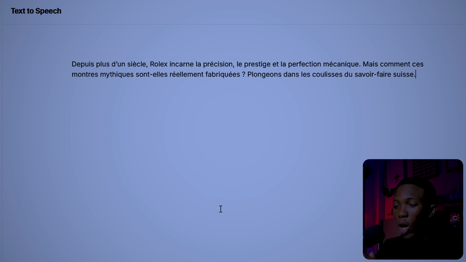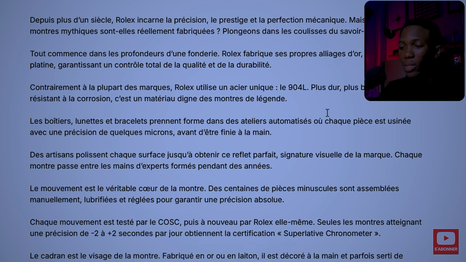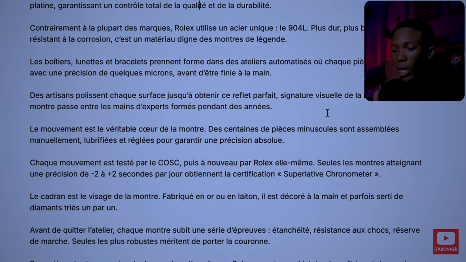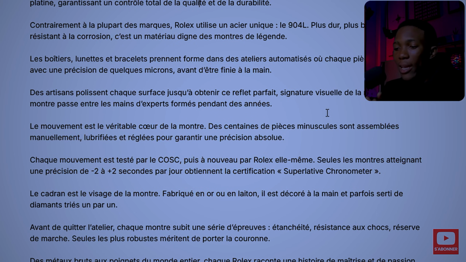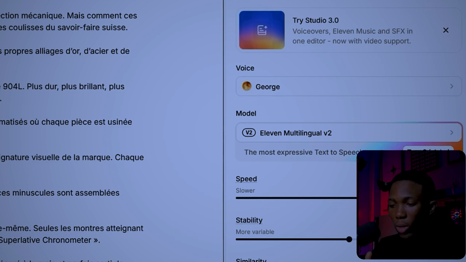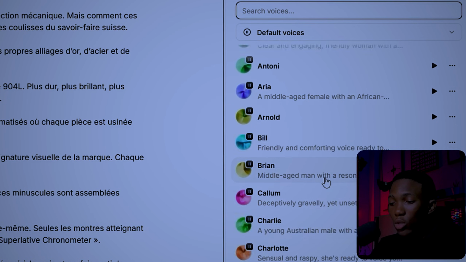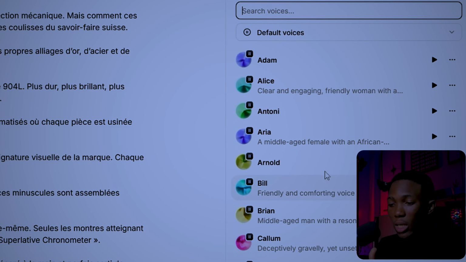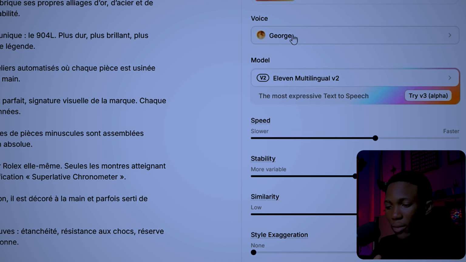Do you understand? All right, so once that's done, you should have something pretty similar to this. Now you just need to check that there aren't any small mistakes or typos. If everything looks good, you can choose a voice from all the options they give you. There are loads. You can even clone your own voice if you want, so it sounds like you. Most people will not do this. They don't have the needed